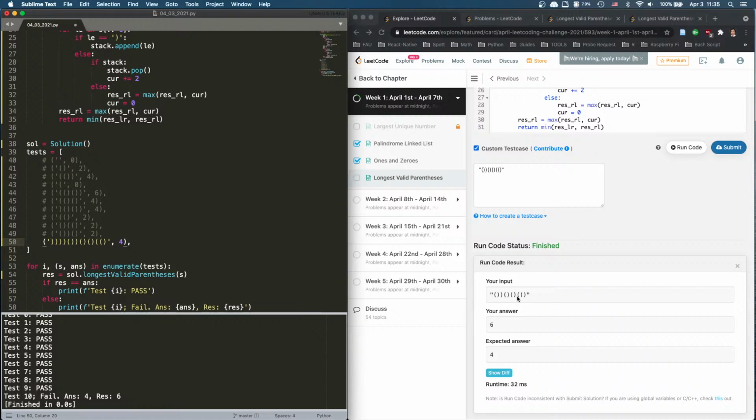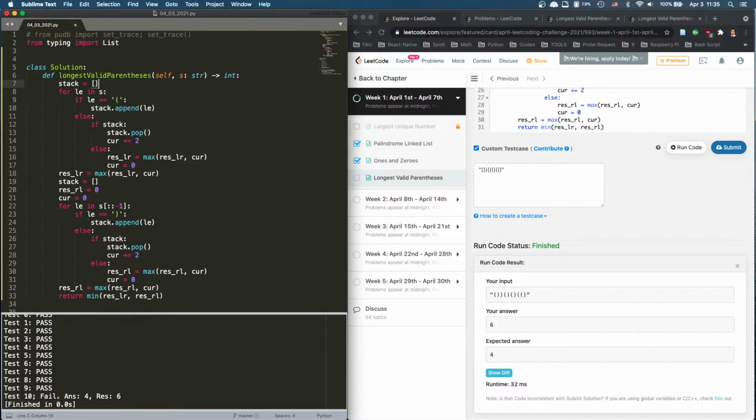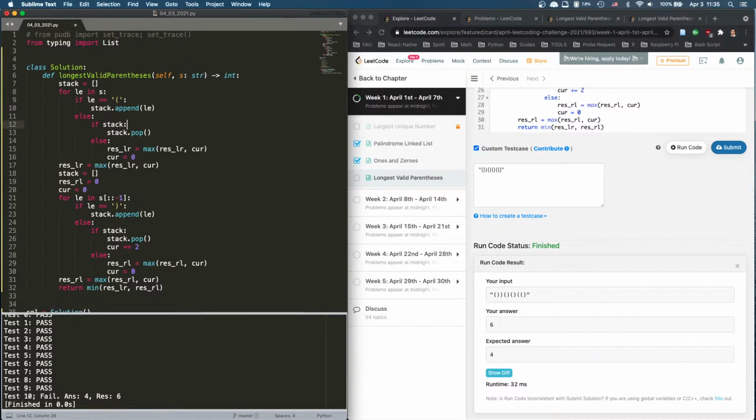Let's try it. This might be the one. So we're gonna run it two times, front to back and back to front. We're gonna mark the ones that are not correct, right? Basically, that's our current strategy. So we still do this, but we don't count now. We just say front to back. If it's this, we're gonna append. If not, we're gonna pop. Else, we're gonna have to